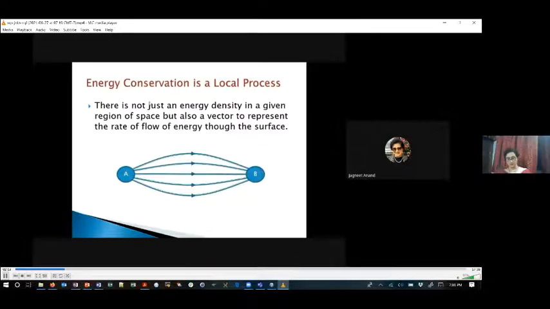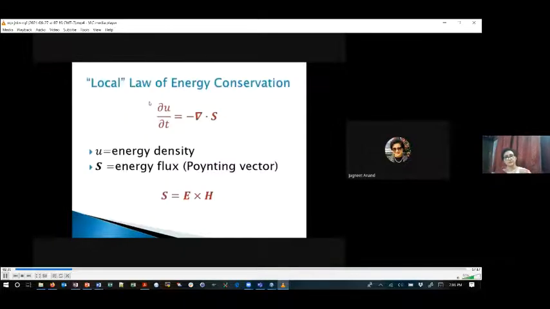So if there is some mathematical surface surrounding that light source, then the energy lost from inside the surface is equal to the energy that flows out of the surface. So while trying to write the quantitative expression for this conservation of energy through this equation of